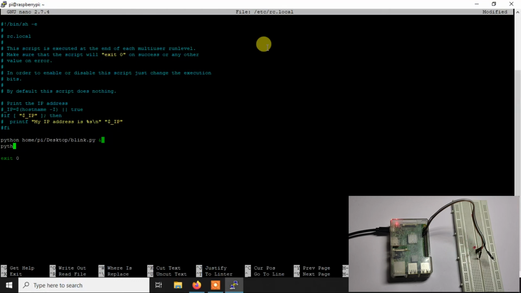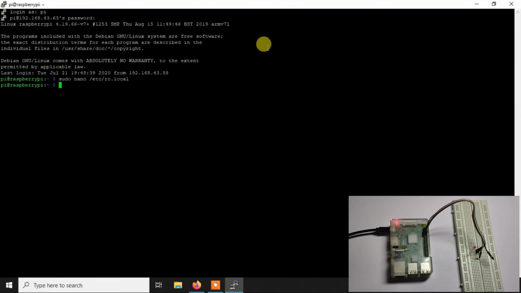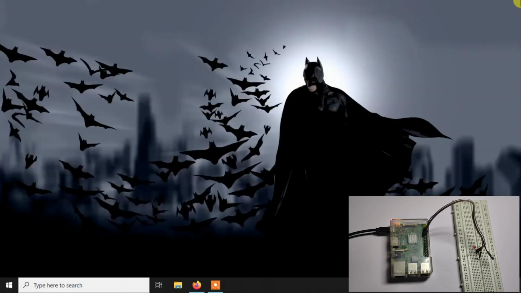Okay, and even if you are using a single code and still you are using this ampersand sign, there is no issue, you can simply do that. So this thing is also fine. So if you again reboot, you will see this will work. So let's reboot and let's check it. So as you can see, it is blinking and it is working properly.